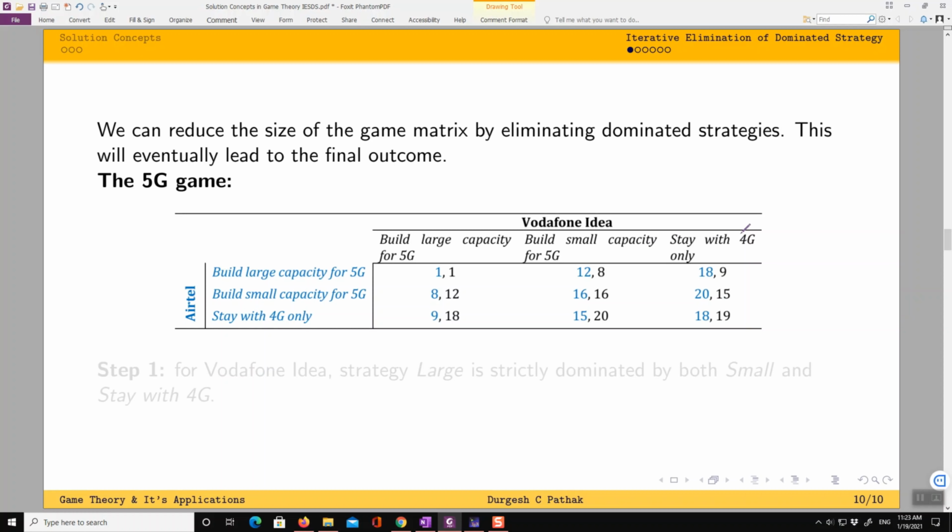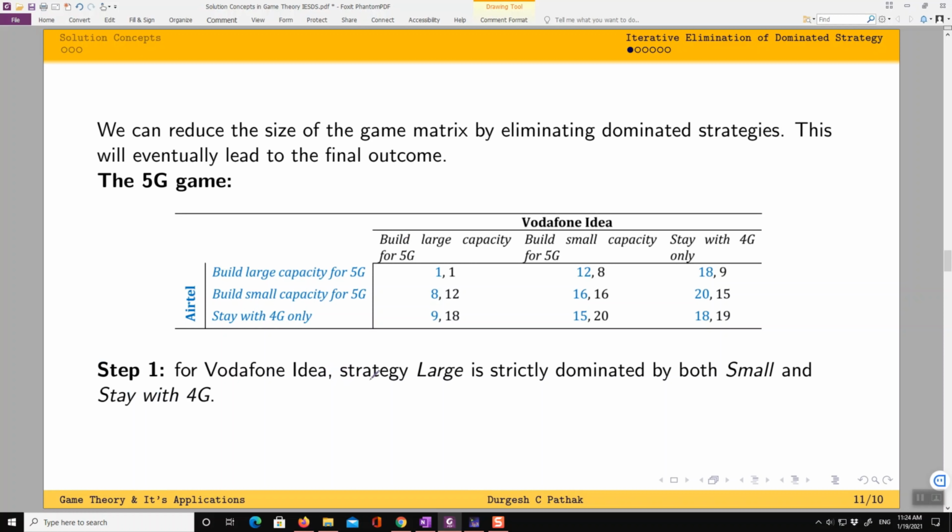Now what we need to do is find a dominated strategy. So let's try to see if we have any strictly dominated strategy here. I'm making a claim that for Vodafone Idea, that is player 2, strategy large is strictly dominated by both build small and stay with 4G.